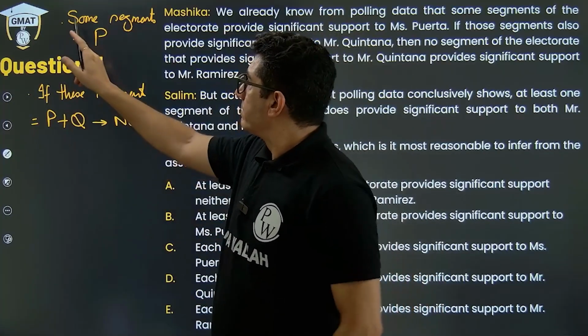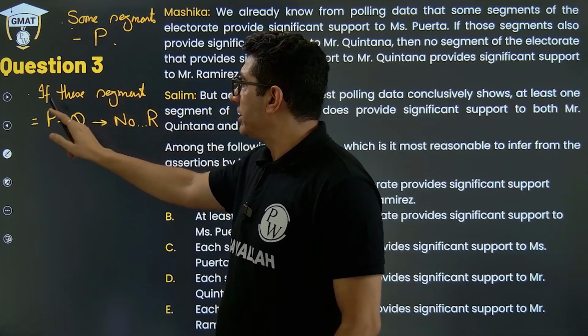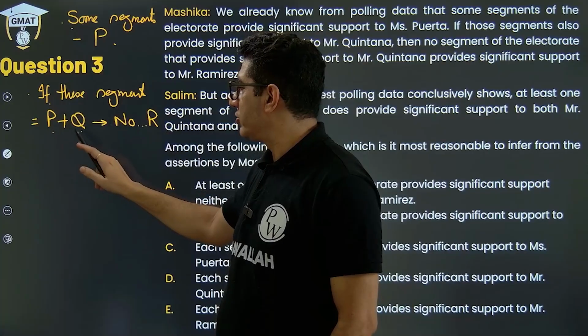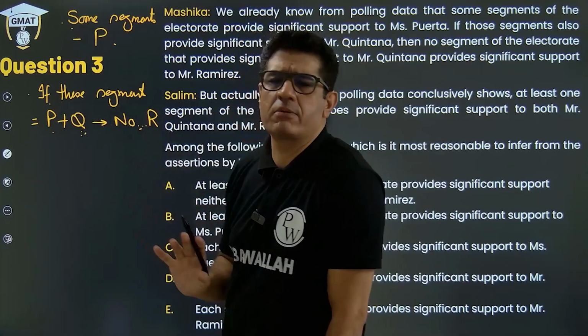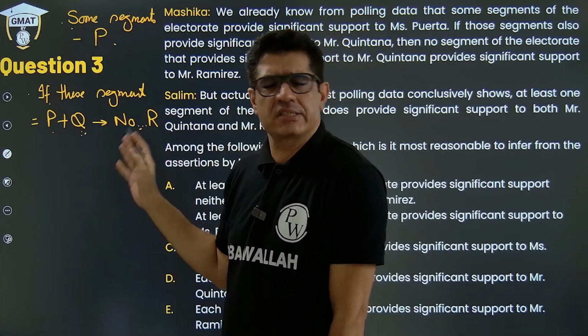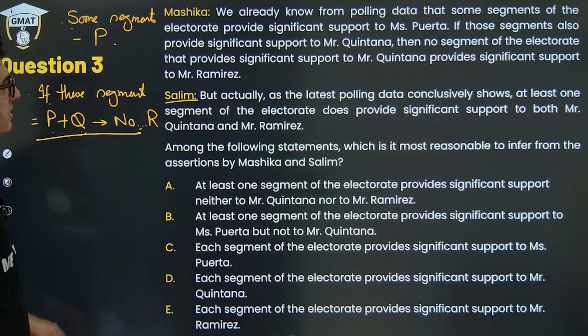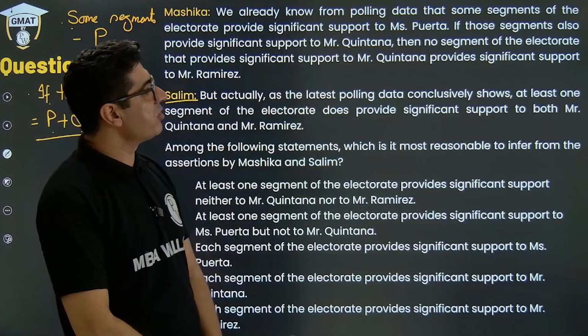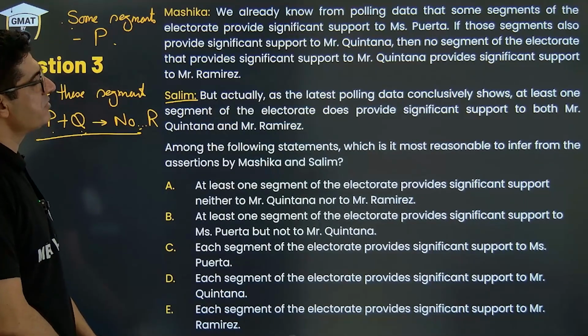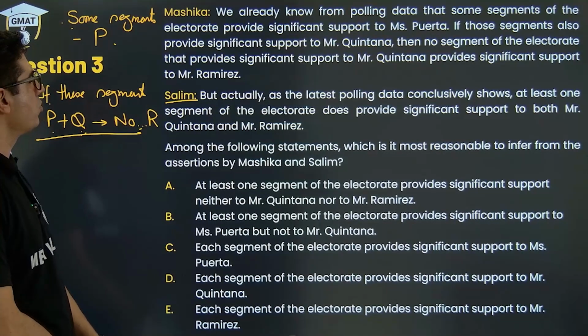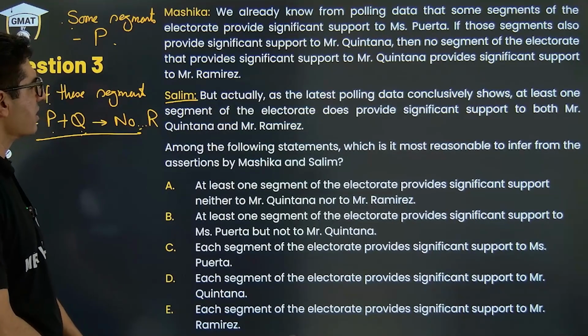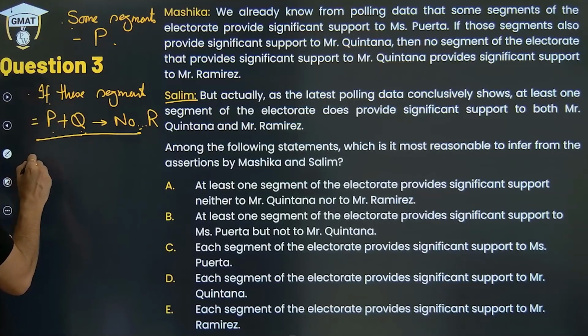So some segments support P. If those segments support P and Q both, then there is no segment in that electorate that supports R. Now, what does Salim say? Salim says, but actually as the polling data conclusively shows, at least one segment of the electorate does provide significant support to both Mr. Quintana and Mr. R. So I'm saying that, okay, Salim says that, hey, there is at least one segment that